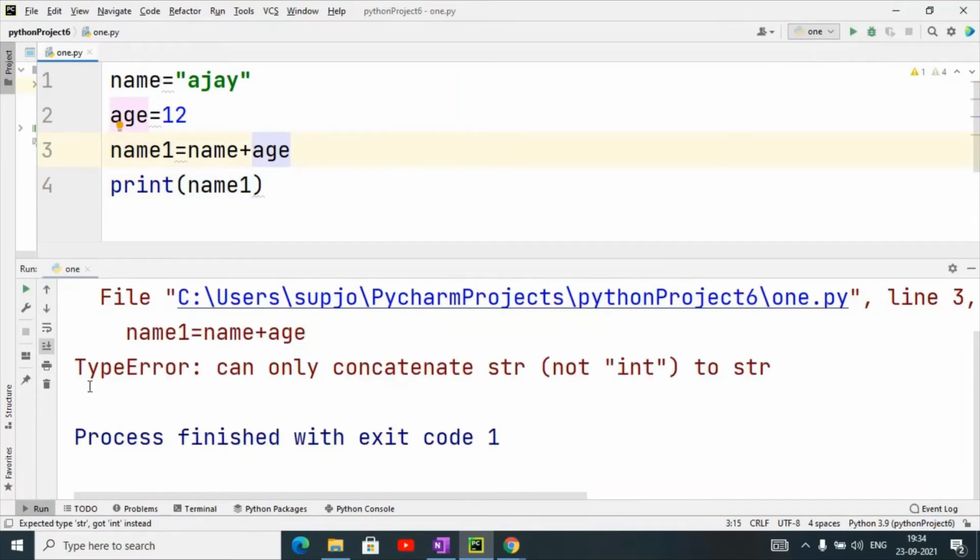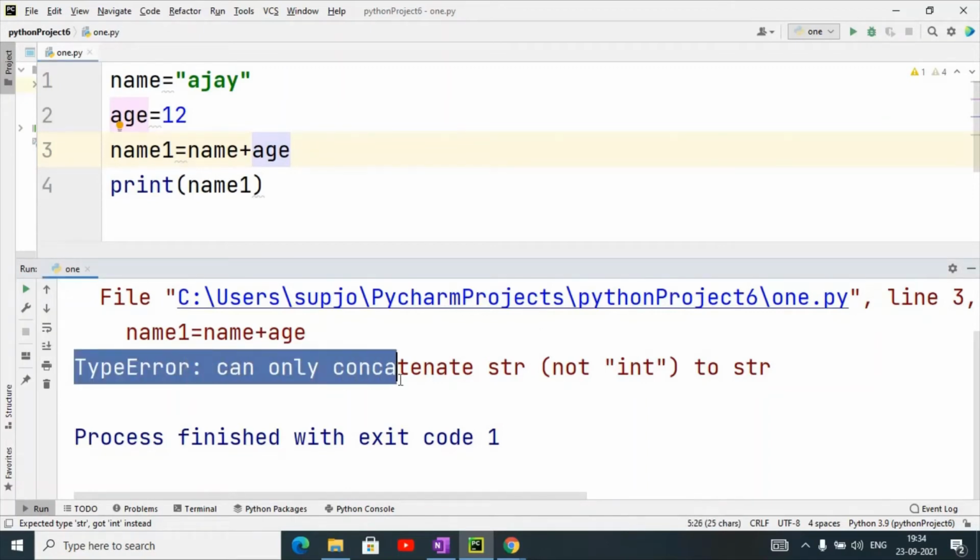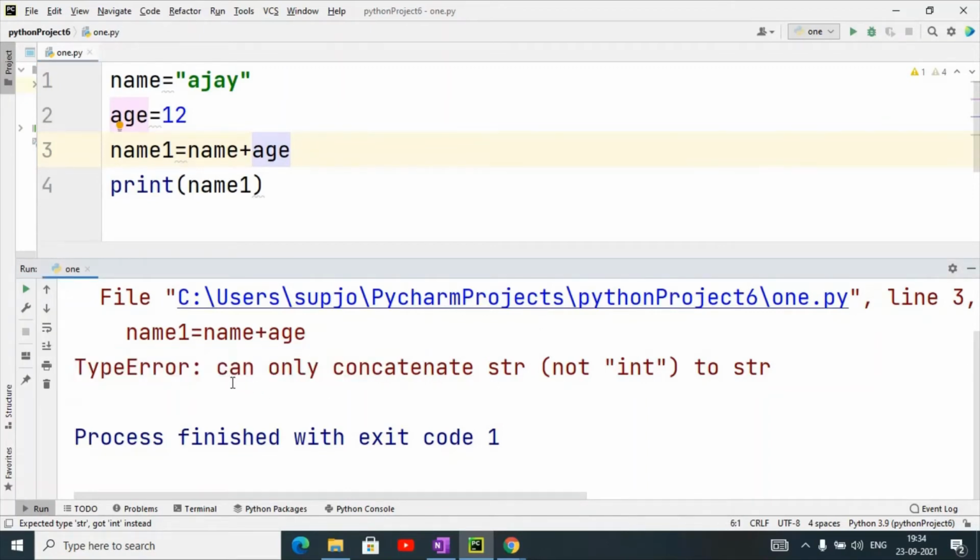So you can see that a type error has now come in: can only concatenate string, because this is an integer and this is a string. You can't do this.